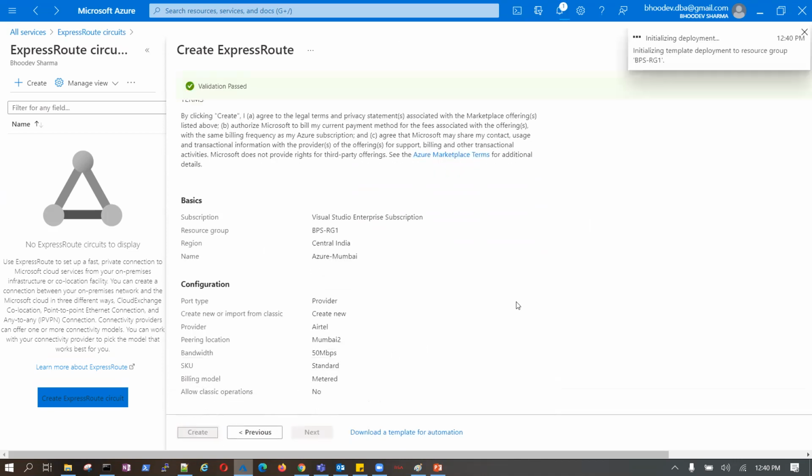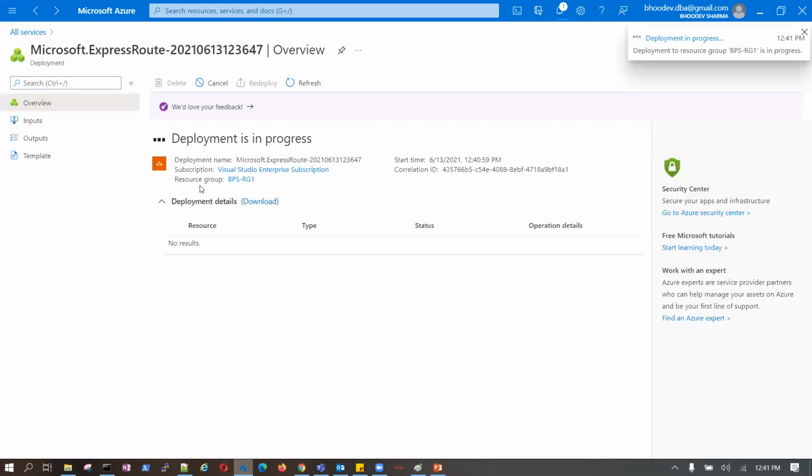I say create. Now the circuit creation is in progress, that's it. It will check what options we have selected, whether they are available.